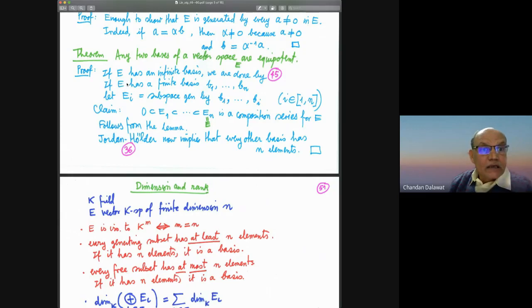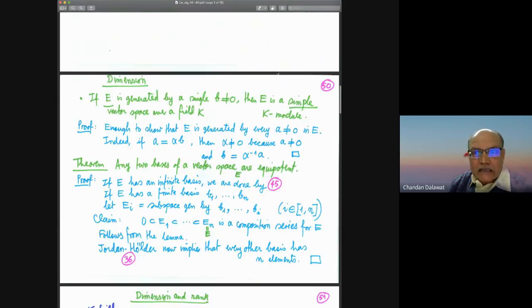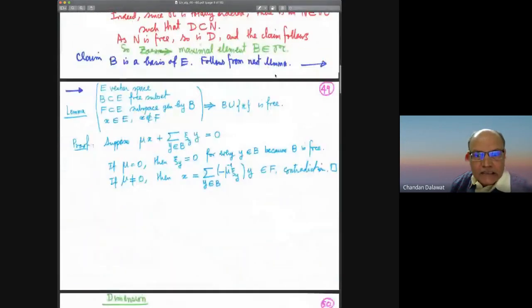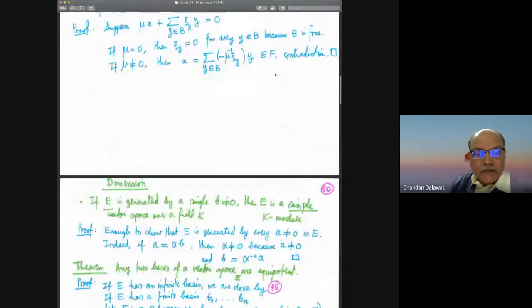So if E has an infinite basis, we had already proved this earlier. I don't know, this number, page 45 is not there today. It was there last time. That was the last thing we did